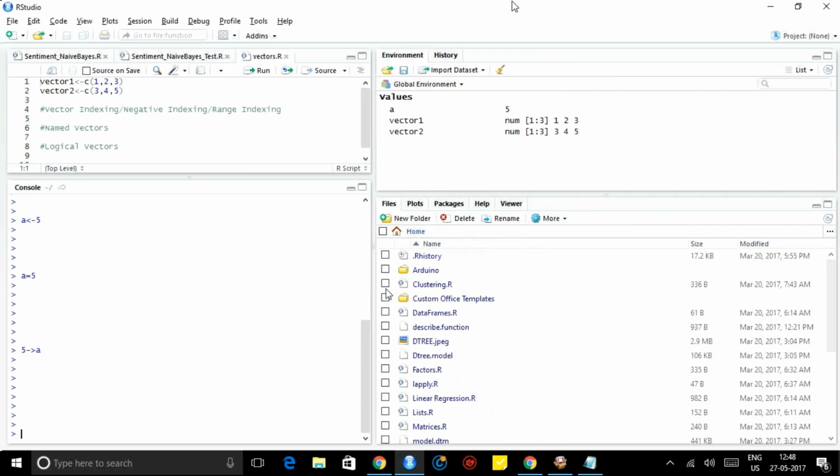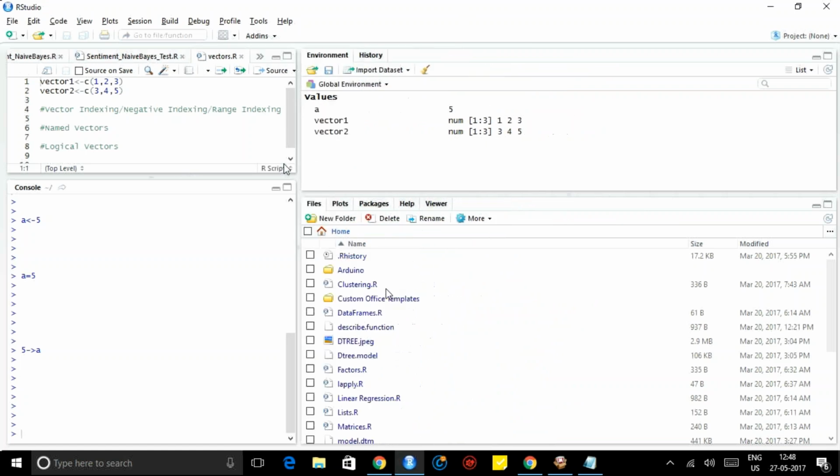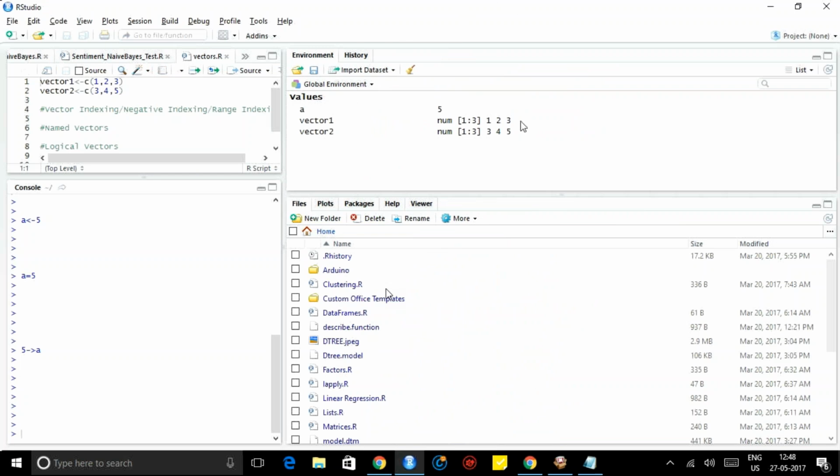Okay, now you can see in the environment the thing we assigned came: A is equal to 5. So this is the environment, just like the debug console. Similarly, if you want to assign something like A is equal to hello, you can see A has changed to hello. So this is how we assign data in R. Online people, are you able to listen, are you able to watch? Hello. Yes, ma'am. Yes, ma'am.